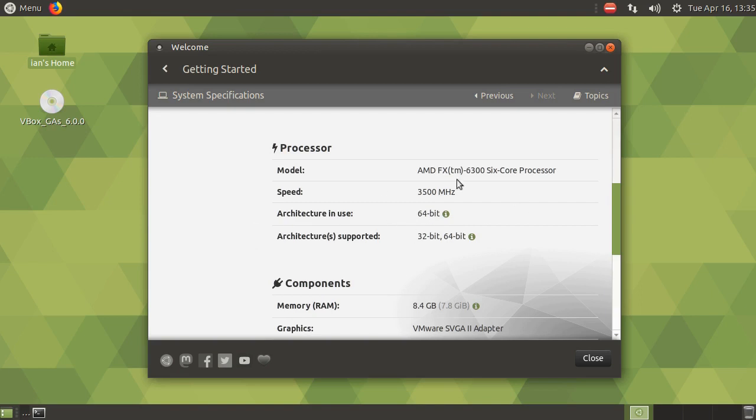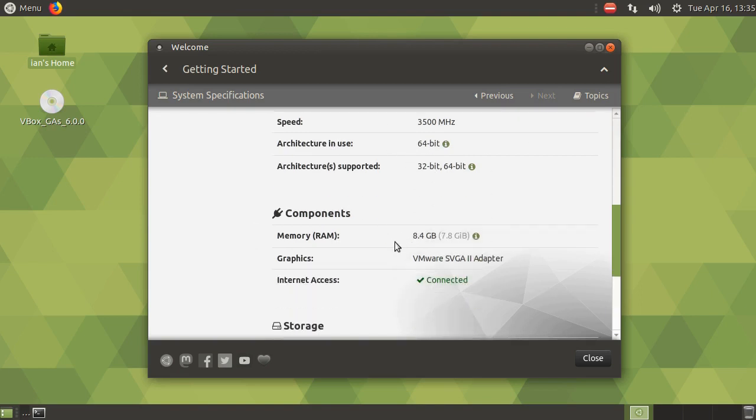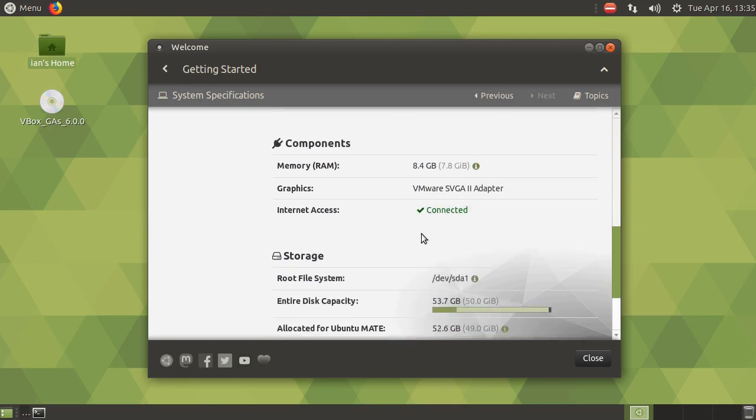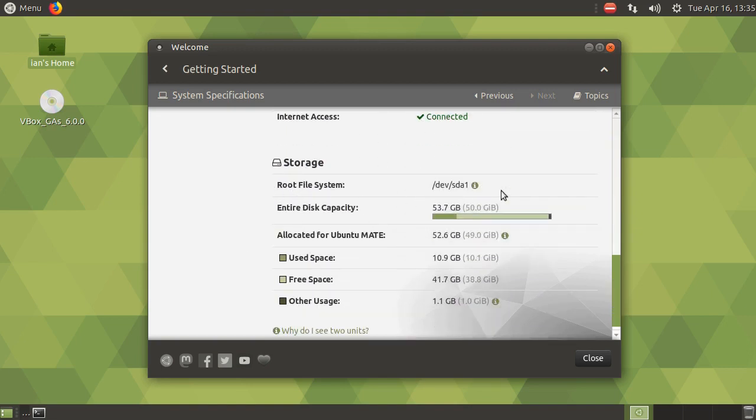Shows architecture in use and supported architectures. It shows your memory, which currently I have 8 gigabytes in this virtual machine. Shows the graphics, shows internet access, shows the root file system. It shows entire disk capacity, and it shows the entire operating system.